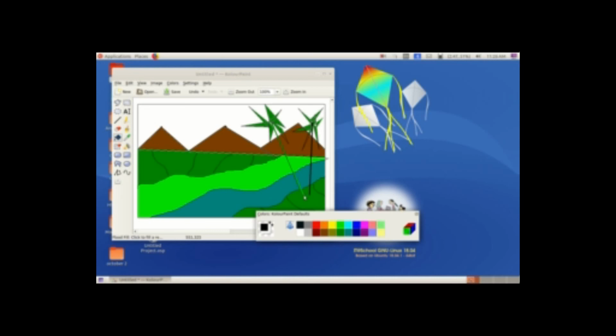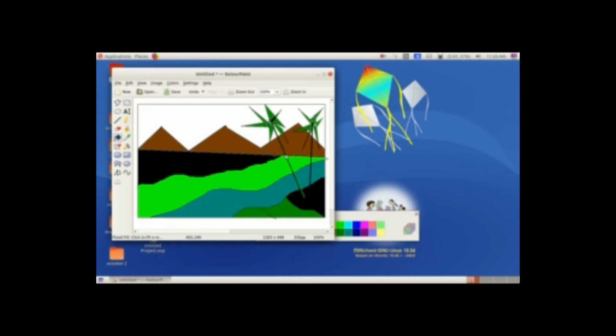Sky color should be taken. See, I tried to fill that color for the black part. Again it came. I did undo by Ctrl Z. Again see, it is filling automatically, the color is changing. So again undo.